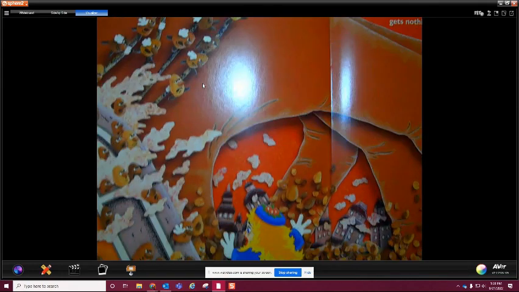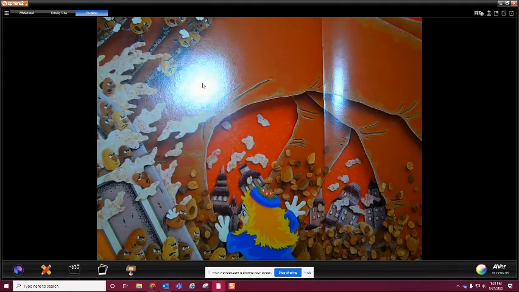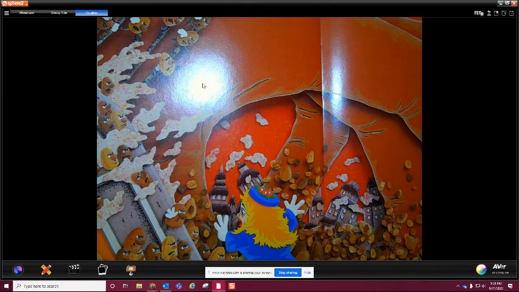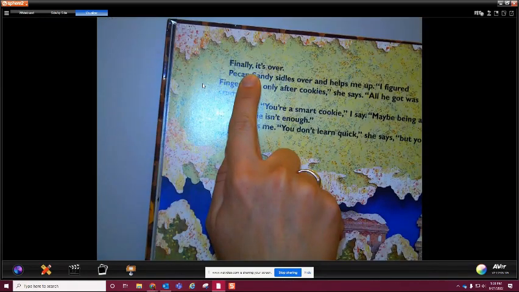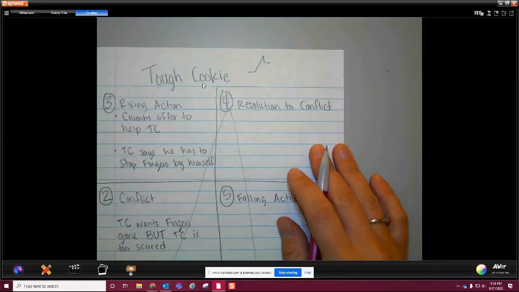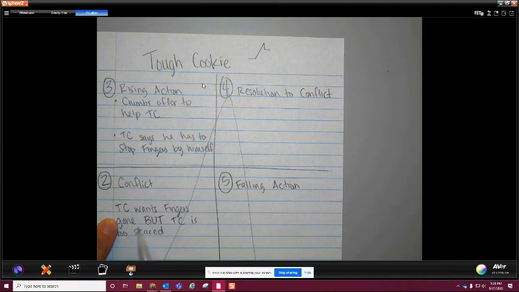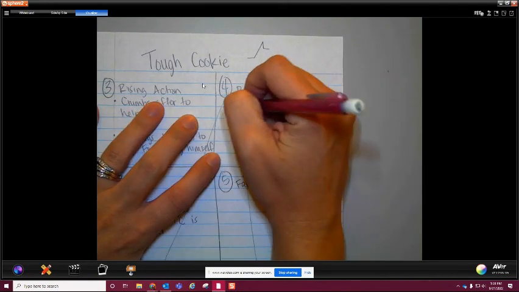And so that's what happens on this page. So Fingers is in the top jar, and then the Crumbs all come. They come to save the day, and they essentially just make sure all he's getting is crumbs. And so the last page here too, it says, finally, it's over. Okay, so that's where that resolution of conflict comes into place. So again, Tough Cookie wants Fingers gone. So Fingers, I'm going to say up here,